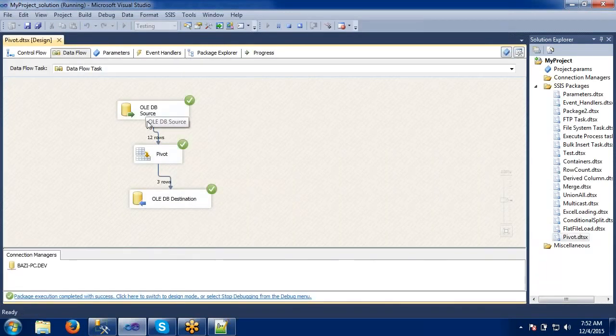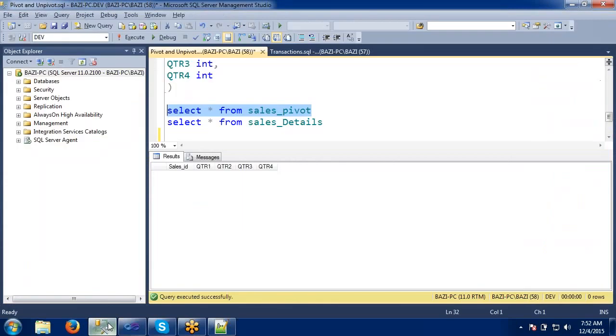See how many rows are coming? 12 rows. When we are done the pivot, they are converted into 3 rows. If you see here,